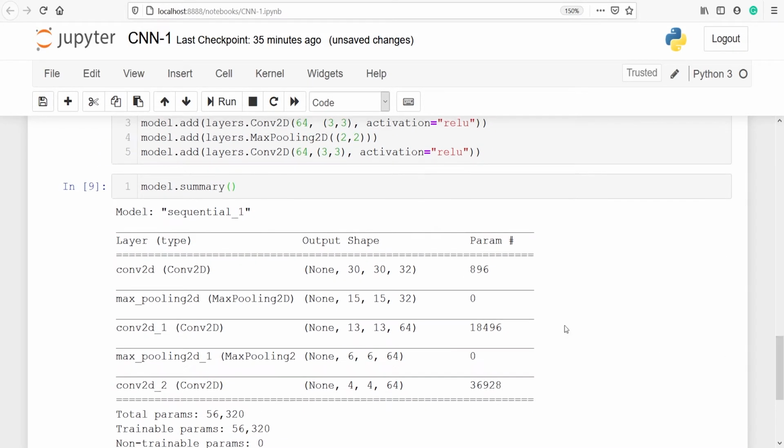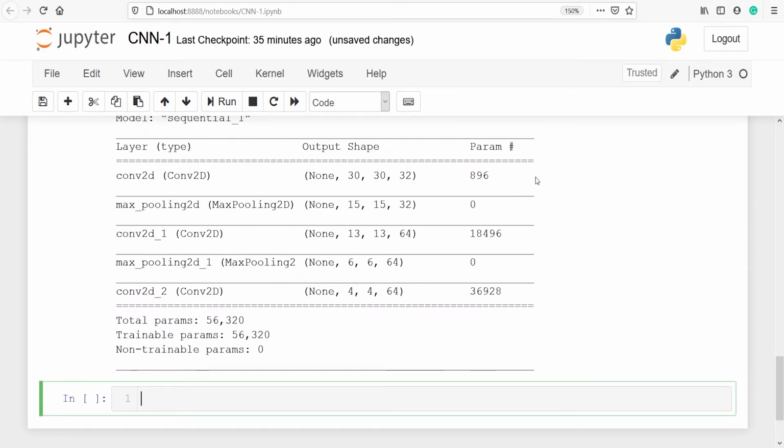We have defined Conv2D layer, then MaxPooling2D layer, then again Conv2D layer, again MaxPooling2D layer. And these are the parameters which are given here. At the end we are having 36,928 parameters, and the total parameters are 56,320. Trainable parameters are also the same as the total parameters, that is 56,320.